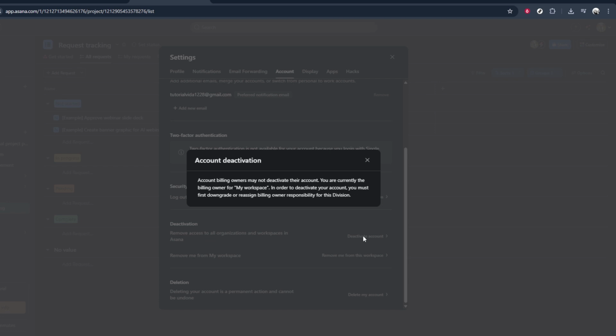As soon as you do this, Asana will guide you through a series of on-screen prompts. Follow these prompts carefully. You may be asked to confirm that you really want to deactivate, select a reason for leaving, or re-enter your password for security. Read each message on the screen and confirm your choices step by step. Once you've completed all of the prompts, Asana will finalize the deactivation process. That's all you need to do to